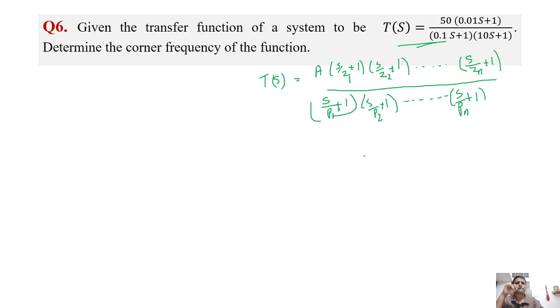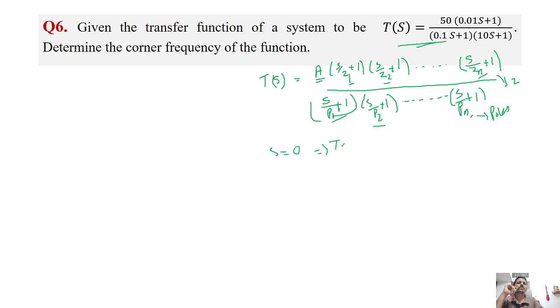So where Z1, Z2, etc. Zn are known as the zeros, and P1, P2, etc. Pn are known as the poles of the system. So here, A is some constant. For example, when S equal to 0, what will be the